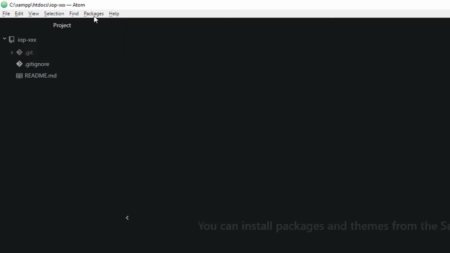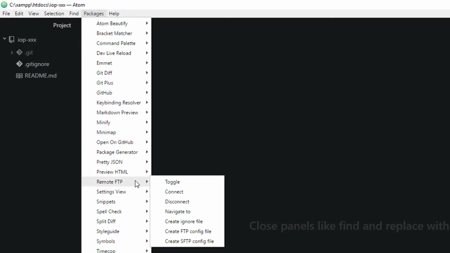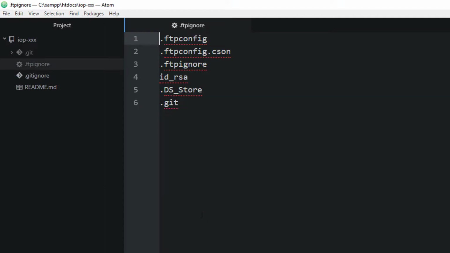Now that I have that, we'll switch over to Atom. We'll go into Packages and go to Remote FTP. In Remote FTP, we're going to create an ignore file. We're doing this to make sure that we don't upload any files that we don't want to go up to our server, such as our gitignore and our git files and things like that, plus the FTP files that we're creating right now. We're going to add gitignore to our FTP ignore file, and then we're going to save that